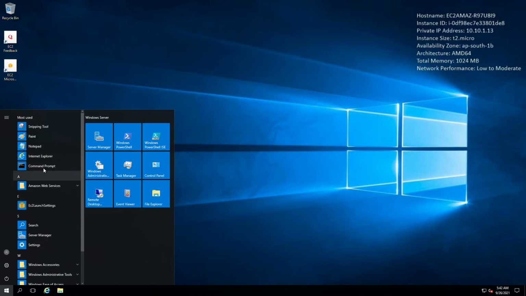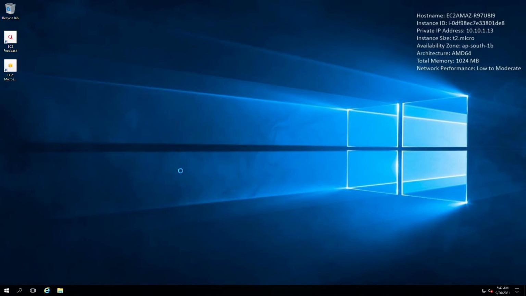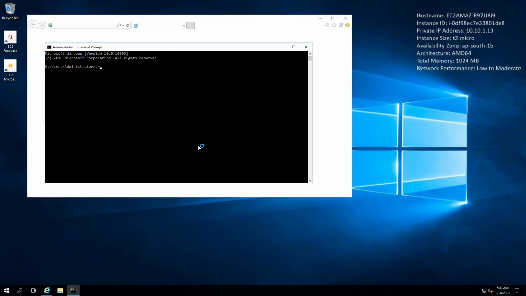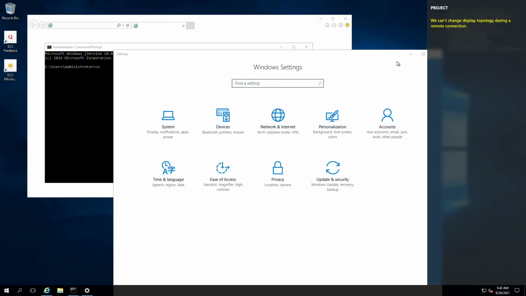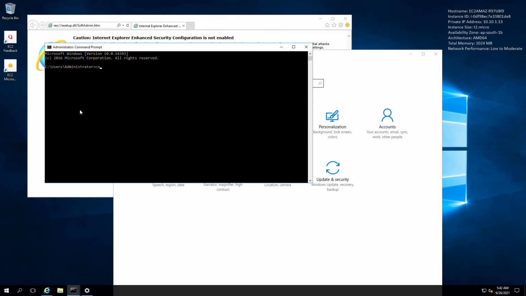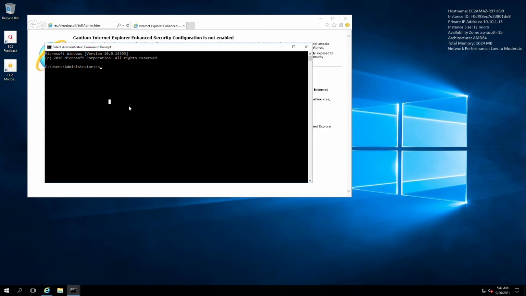Okay, let's see the IP address. Double check the IP address. Trying to open the IP config. Okay, the VM is a little slow. It's still slow.